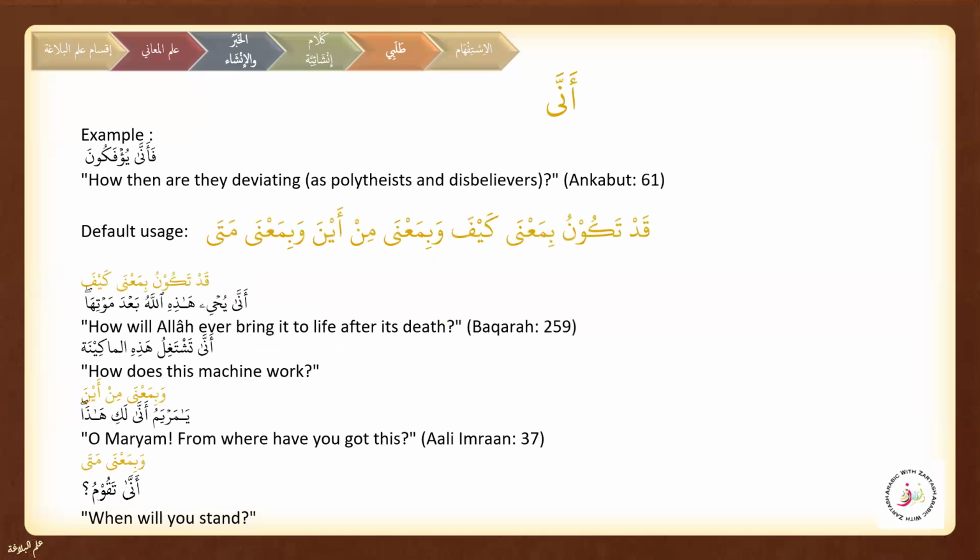Let's see the next, anna, this adat istifham. Example is فَأَنَّا يُؤْفَكُونَ. Here you can see that